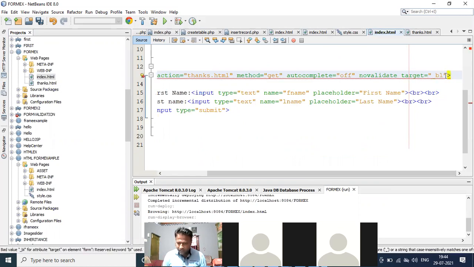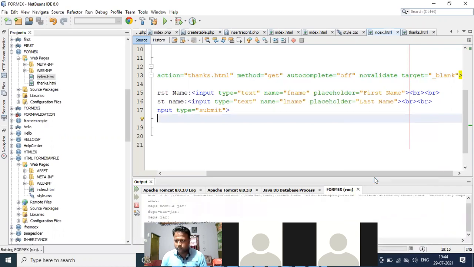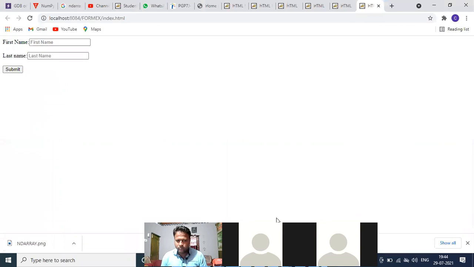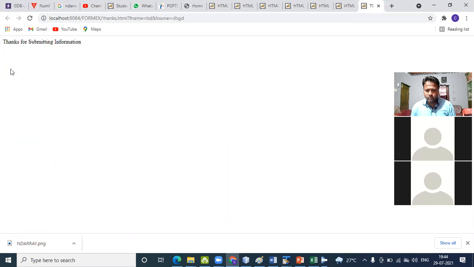There are three attributes you pass, blank, okay, so it is opened in a new window.